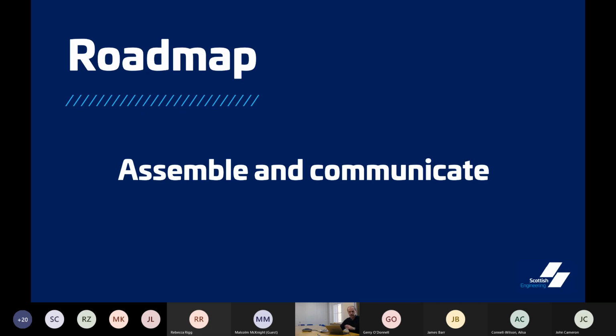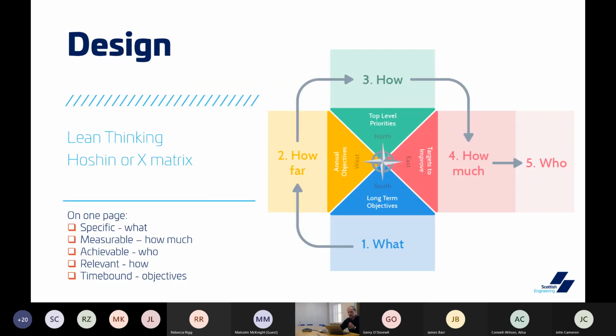Now you've done the 5 W's, the 2 H's, you've got all the information you need. How do you assemble that roadmap? And how do you communicate that roadmap? So what we are suggesting is using another lean tool, another lean thinking, which is called the Ocean or the